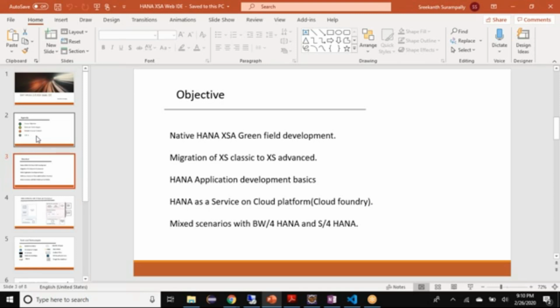Finally, we will touch base on the mixed scenarios with BW for HANA and S4 HANA. So the mixed scenarios of how the BW models will be consumed in XS Advanced and vice versa. And similarly for S4 HANA, how the S4 HANA tables or ERP tables will be consumed in HDI containers using the synonyms process. There are a few different processes we will use to consume the S4 models, and we'll go through them in detail. So this is going to be the objective of this course,